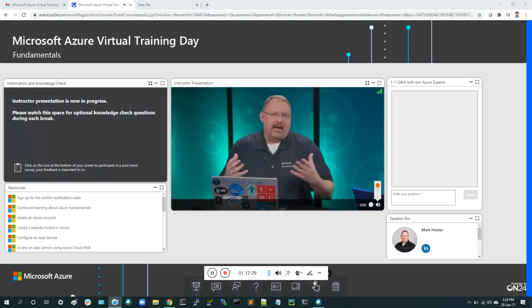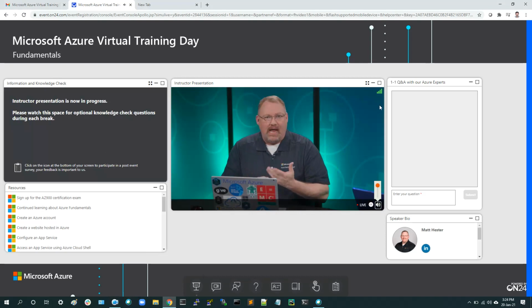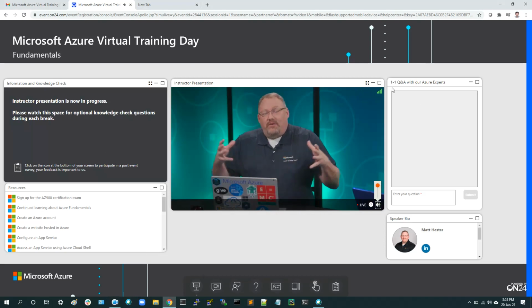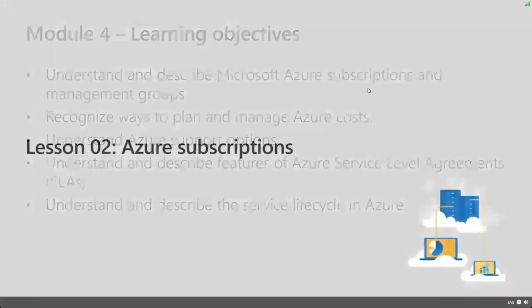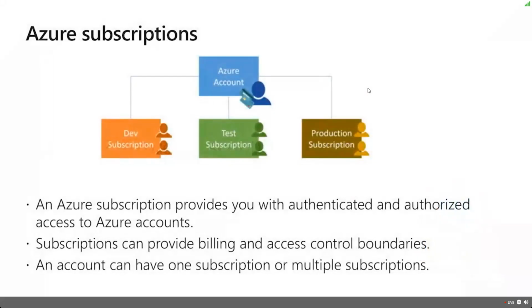This module you may not have to use, but I am going to show you some resources, the calculator, the free services, things that you might use in your day-to-day job, especially if you build projects in Azure, you're going to have to know how to estimate it. So inside this section, we're going to talk about all those key things that govern cost, our subscriptions. We'll talk about service level agreements, especially when you use more than one Azure service, you have to understand how to combine and create what is called a composite SLA, so you know what the support is that Microsoft's going to give you for that solution that uses multiple services. So let's hop right in and start with the first one, subscriptions.